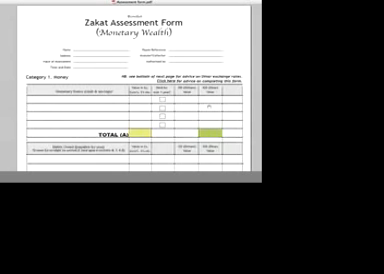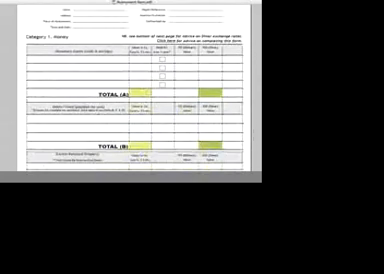So the savings you had for 1 year becomes zakat payable on it, 2.5%. Other things to take into account. If we look here, if we go down a little bit, we've got section B,